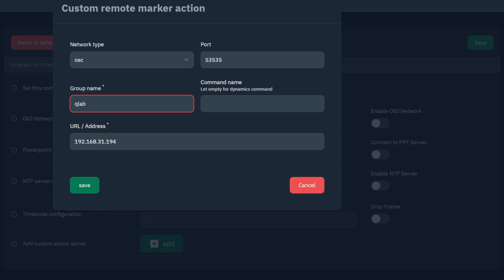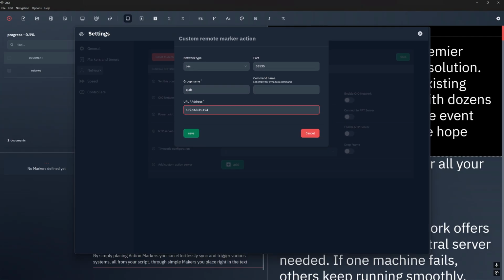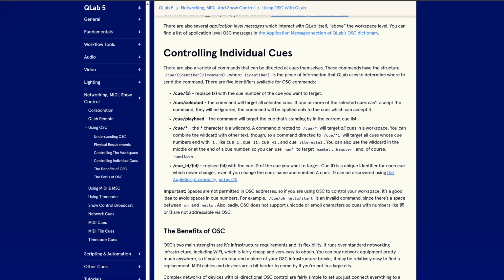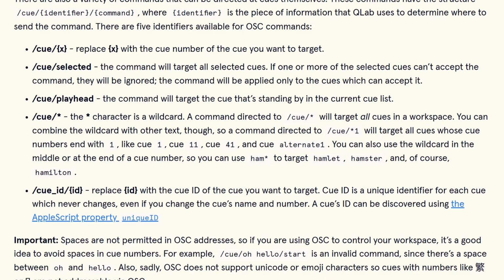Okay, now things are going to get a bit tricky. We need to refer to the QLab documentation to understand which OSC commands QLab expects to trigger a sound. We can see that QLab responds to /Q/X between curly braces. Those curly braces are a placeholder for the actual sound name in QLab. Note that this only arms the sound. To actually play it, you need to finish by /start.